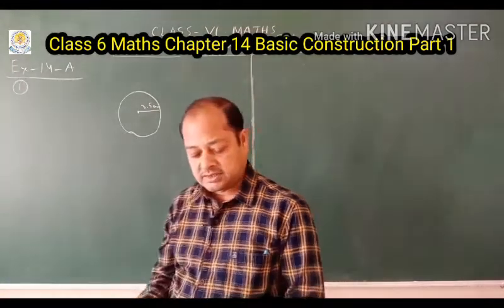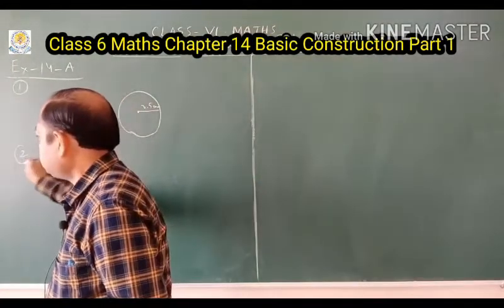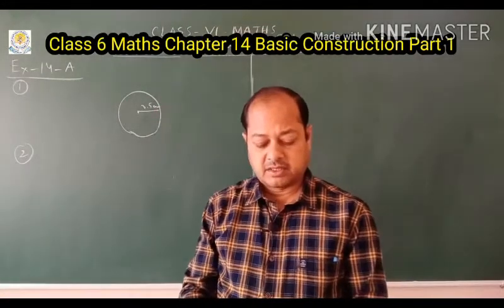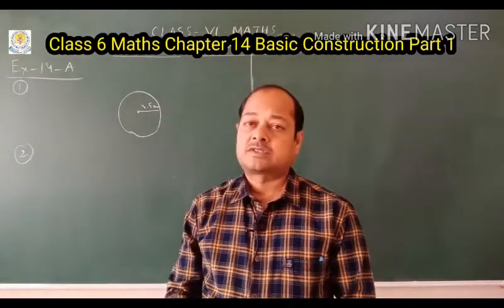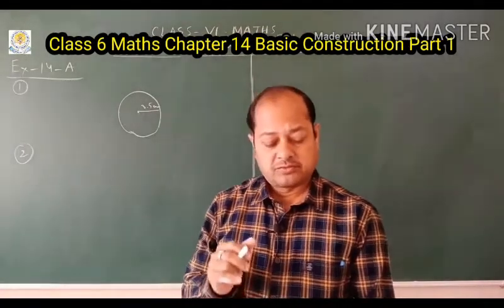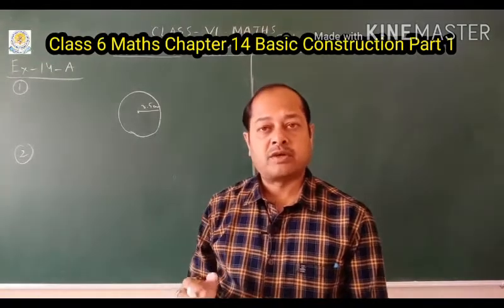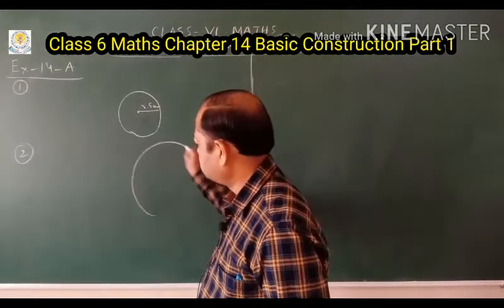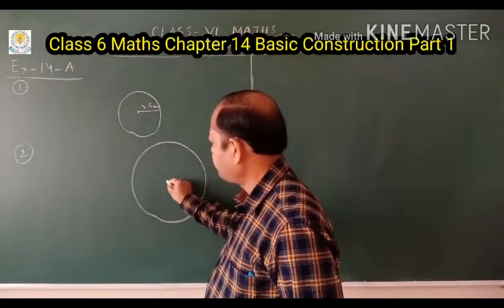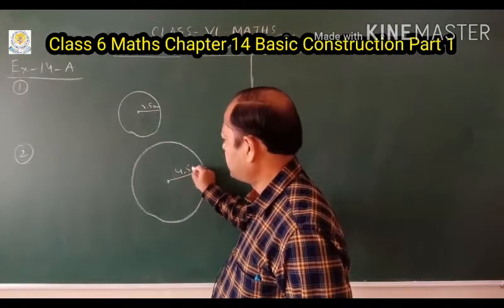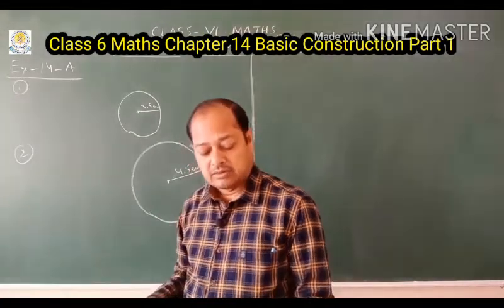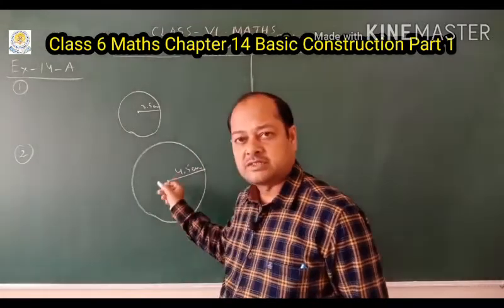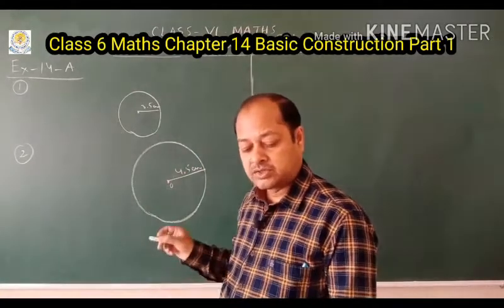Now the next question is question number 2. Draw a circle of radius 4.5 centimeter with the same center. First, one by one we are going to solve. The first line is given, draw a circle of radius 4.5 centimeter. So with the same process, we can draw a circle of this radius. Suppose this is the 4.5 centimeter circle we have drawn. Now the next line is given, with the same center. If the center is over here, use this same center and draw 2 more circles.